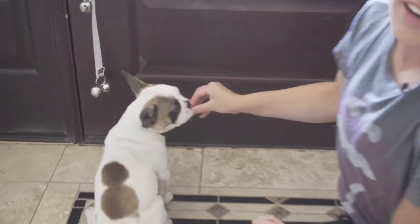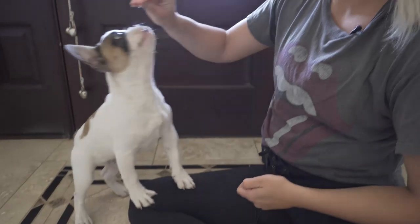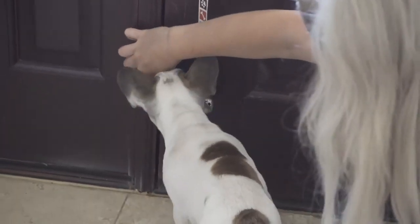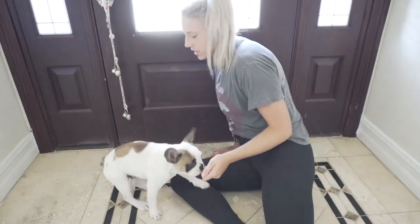Yes! So he obviously was just following the treat, had no idea that he rang the bell, but that's with everything. The dog never knows that they're sitting, really, until you give them the treat. Ravioli, ring the bell. Yes! Good boy! And I'm just gonna do repetition and repetition of this,